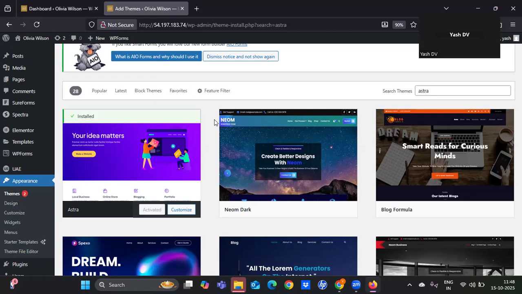We are installing this theme because Astra is a very popular theme, one of the most popular themes out there, and we have been using Astra since before I had joined Digital Vidya. Astra is being used for everybody's websites. We use this because it is a very lightweight and fast theme. It does not pose any problems later on if you keep working on it. It is very SEO friendly,